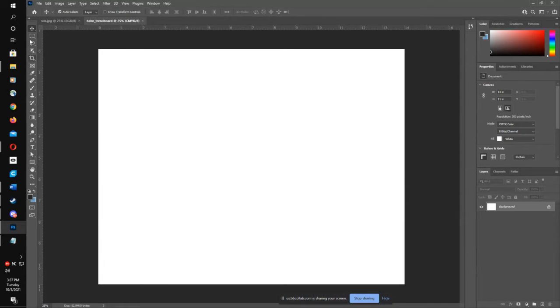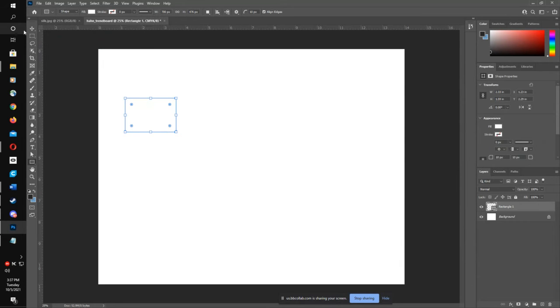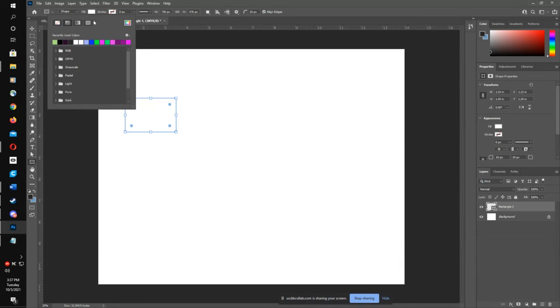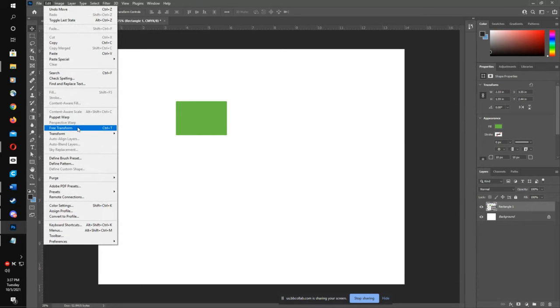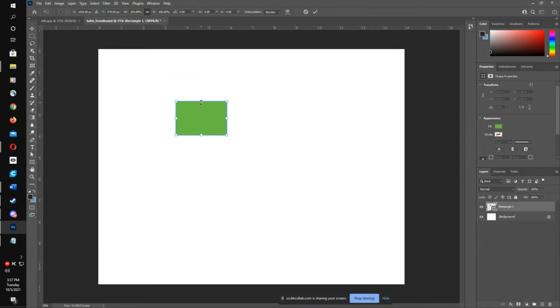These are our selection tools. We have a move tool. If we were to draw an object here and grab my move tool here, I can move it. But as you can see, I can't scale it like in Illustrator. In Illustrator, whenever you touched an object, it automatically gave you these transformation handles. In Photoshop, you have to go to a free transform, which is Control T on a PC, Command T on a Mac, and that will give you your